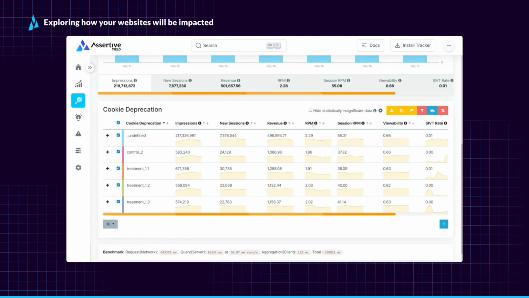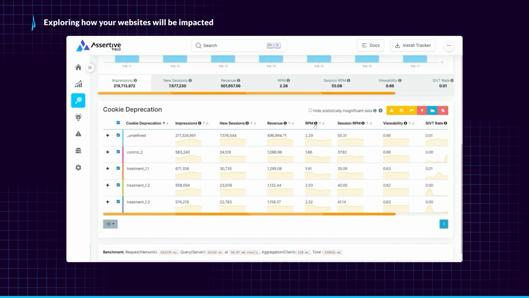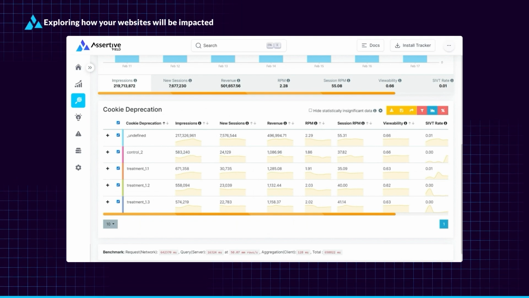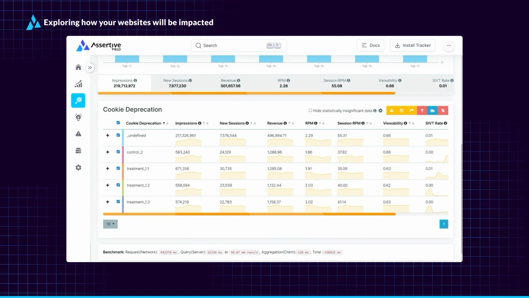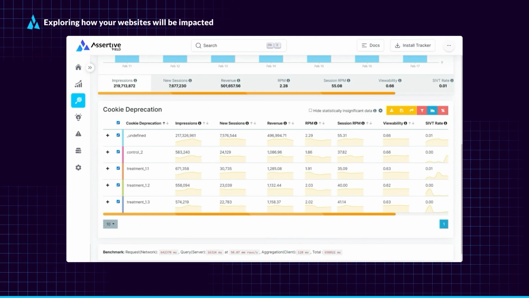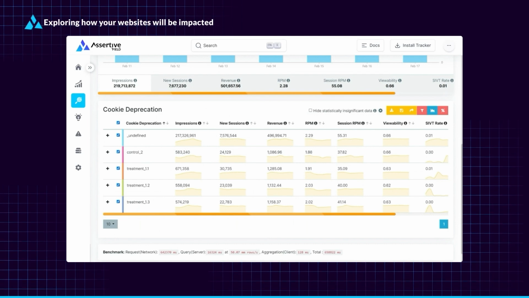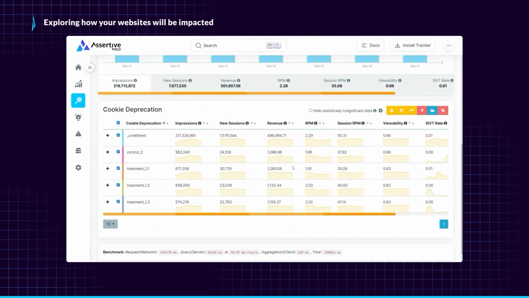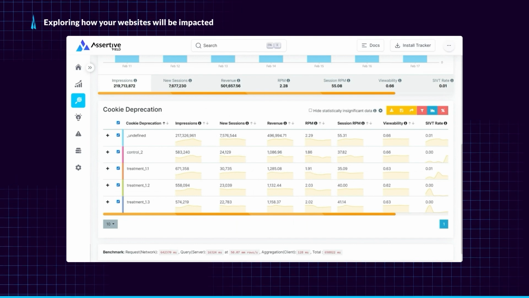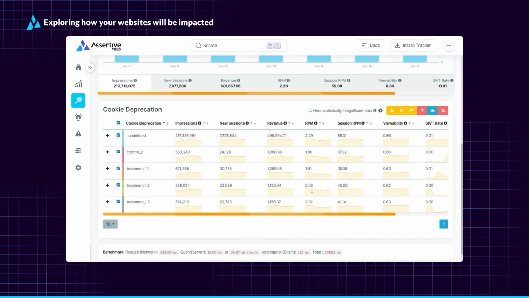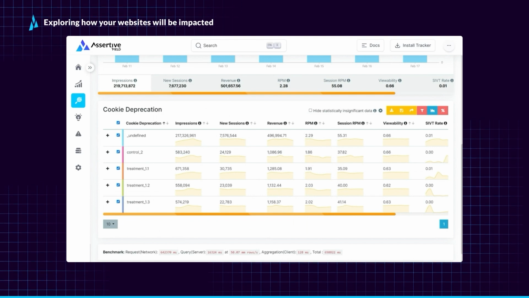We are using eCPM as a measurement here because we are also considering unfilled inventory for a more precise classification, as no cookies of course results in more unfilled. So we can see that we are currently at around 2.3 CPM. But if cookies are not available, we are dropping to 1.86. If the Privacy Sandbox, Topics API, and so on is enabled, this number climbs up to somewhere between 1.9 and 2.0. So that is a small increase.